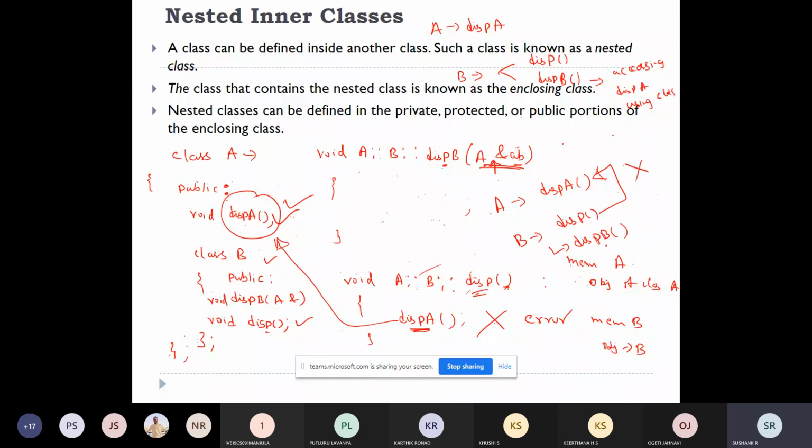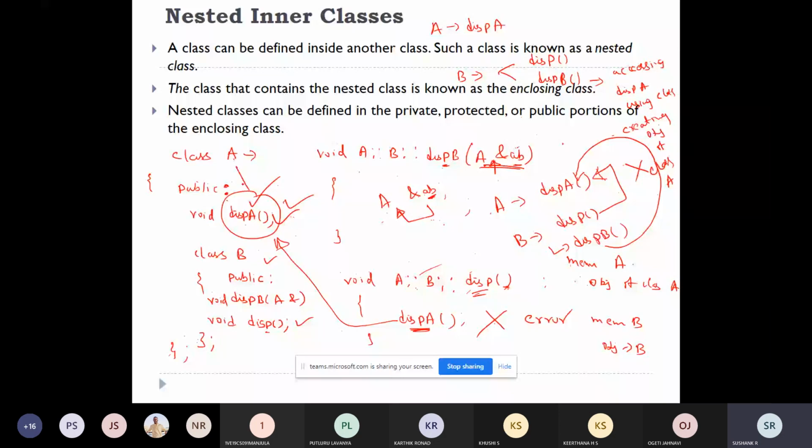But this function disp B is also accessing display A, but it is creating an object of class A. Where is that? Here in the parameter passing. Here it is passing the reference of object A. So when you execute disp B, you will not get an error because it is accessing this function through the object of class A.